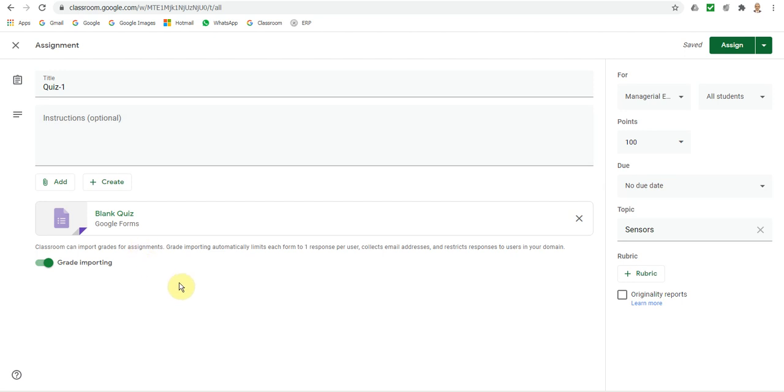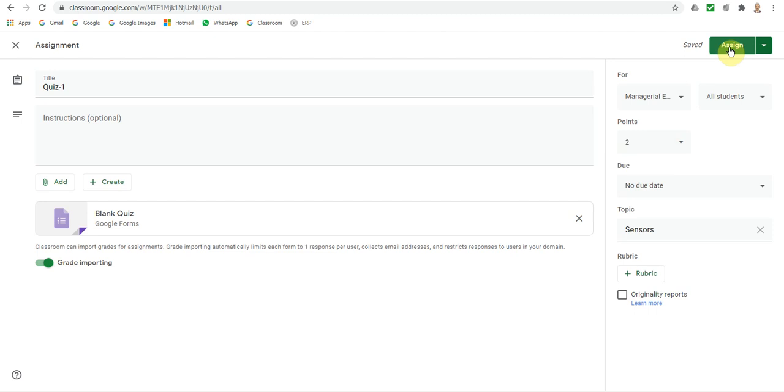classroom tab. So here you can see, of course, it still says blank quiz. So now here you have to assign the points, how many marks it is for the quiz. So we had 2 questions and each question had 1 point, so the total number of points is 2. It can be an ungraded quiz also, right? If you are giving it casually, it can be ungraded, but I want to have points for that. So now here you have a button, assign.